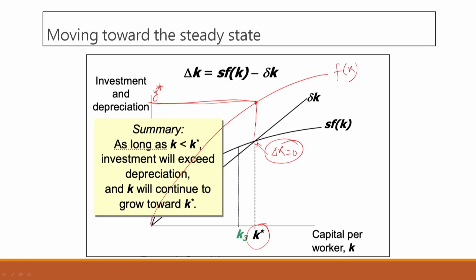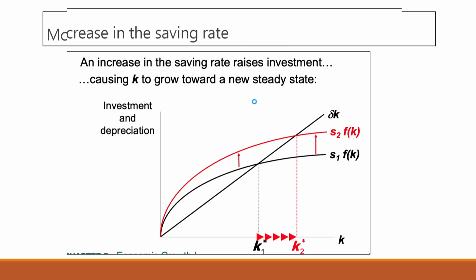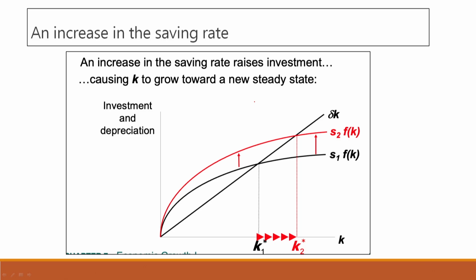Remember, we said that if an economy has reached this point of K star and there is a corresponding y star, then the economy is pretty much going to stay there. But can there be new steady states? That is the question. Well, there can be new steady states. How? Let us suppose that in this particular economy, the saving rate has gone up. It is quite possible.